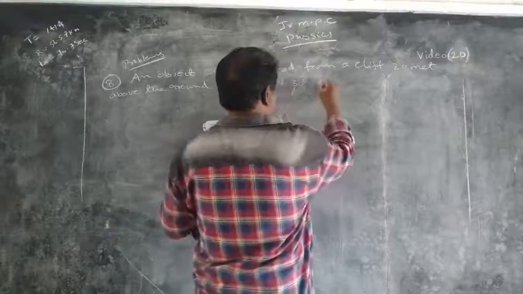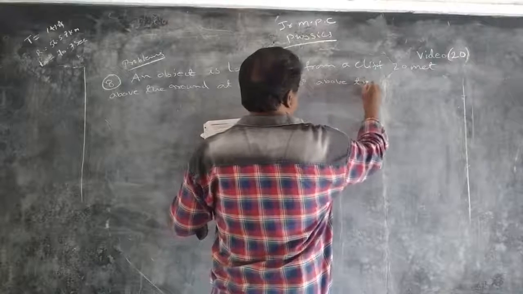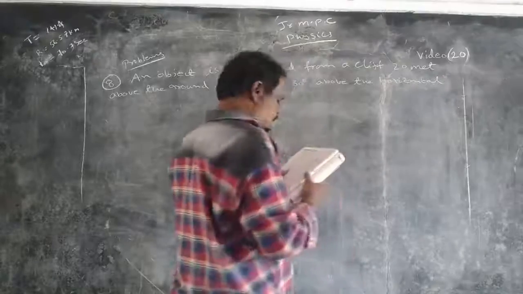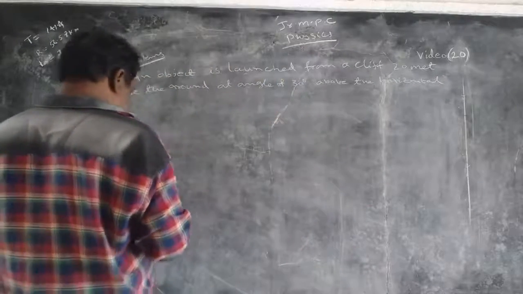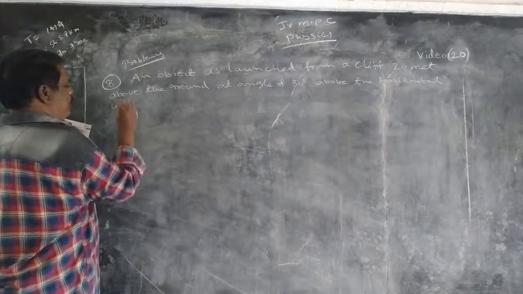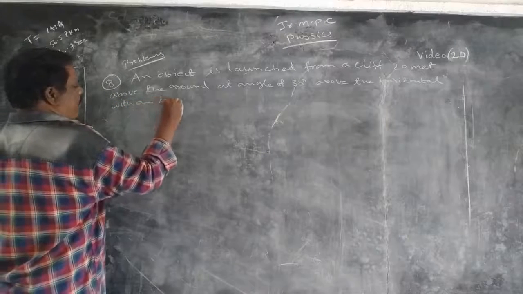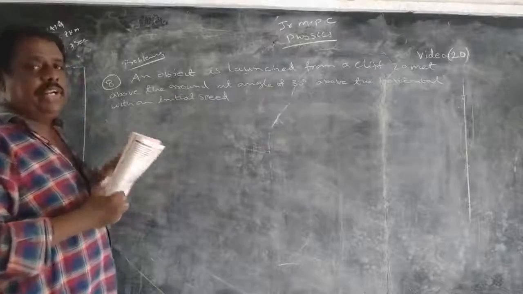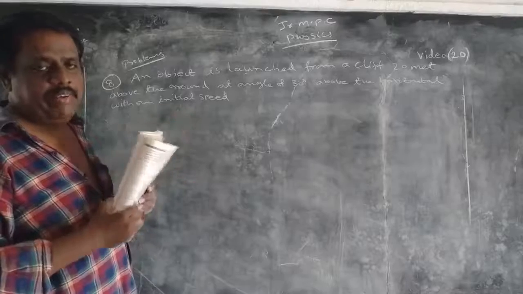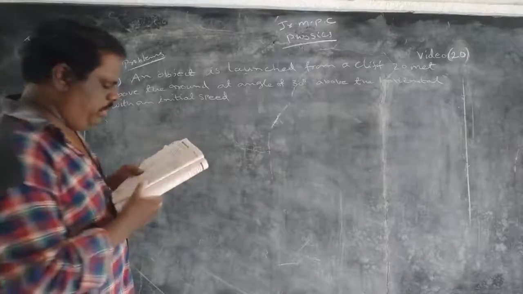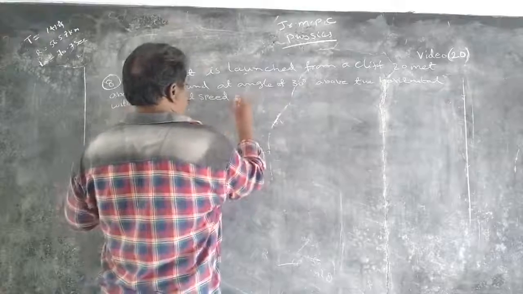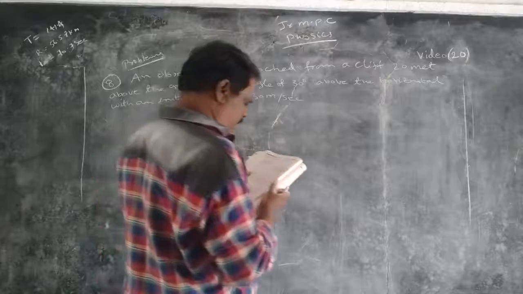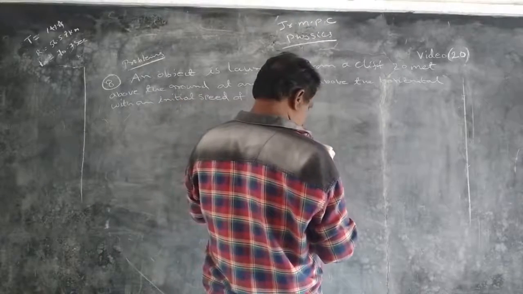30 degrees above the horizontal, with an initial speed, or initial velocity, denoted with u. Speed of 30 meter per second. How far horizontally